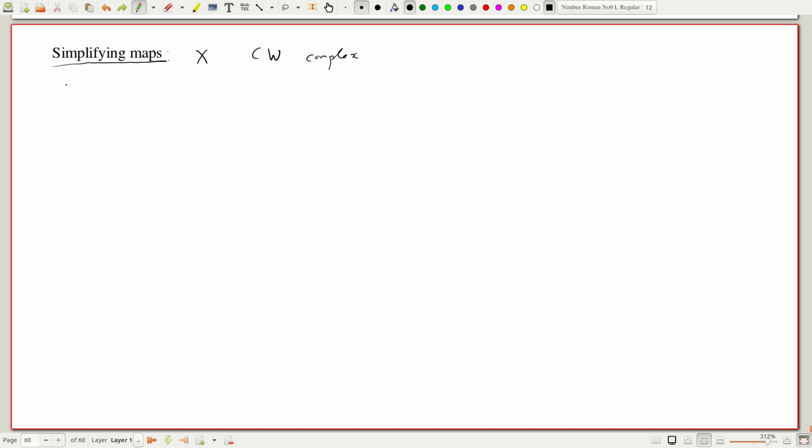To start with, we'll see a relatively easy result. So let's take X to be a CW complex. And we take K to be compact, just an abstract topological space, and f mapping K to X. Then the theorem here is that there exists g mapping K to X, which is homotopic to f,